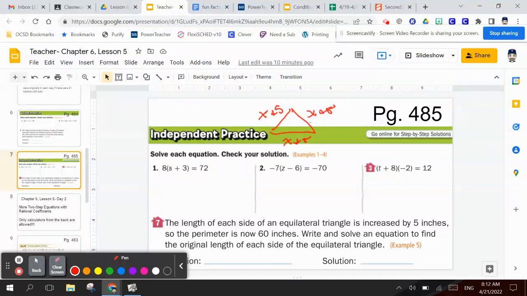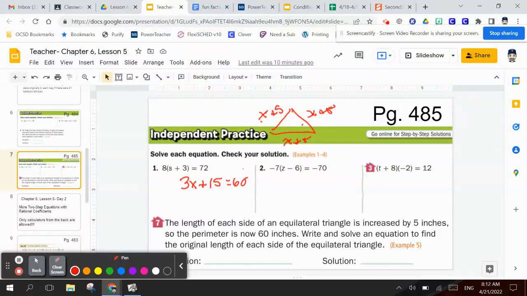So we want to find the original side, so that would be x. So with this, if I combine my like terms, I have 1, 2, 3 x's plus 5, 10, 15